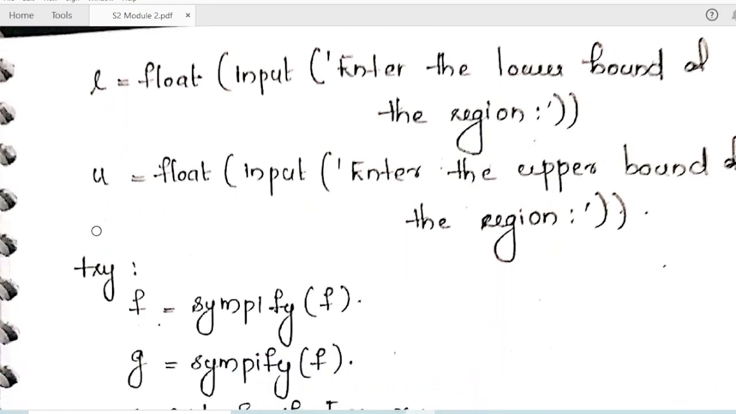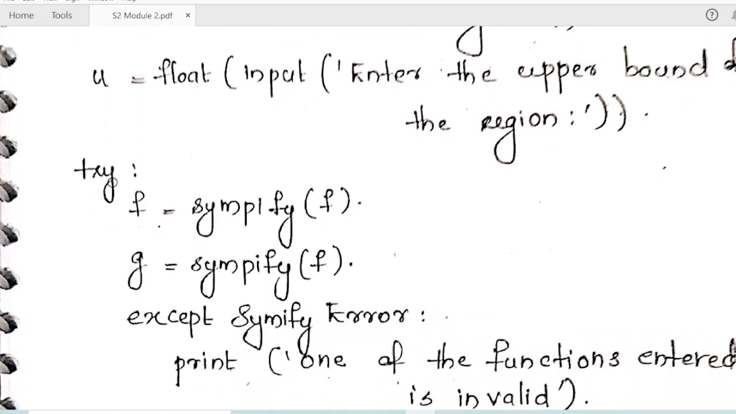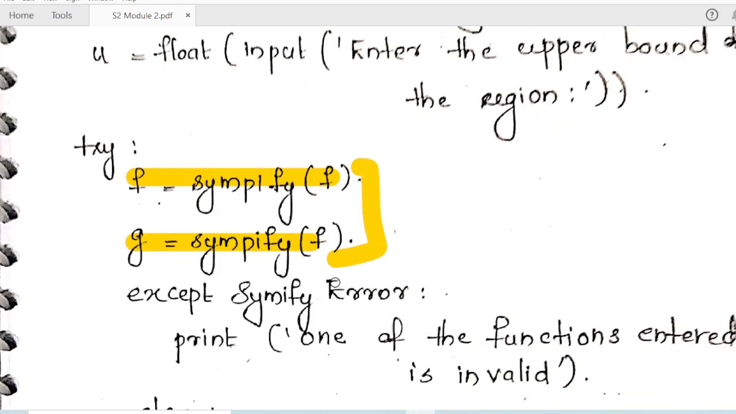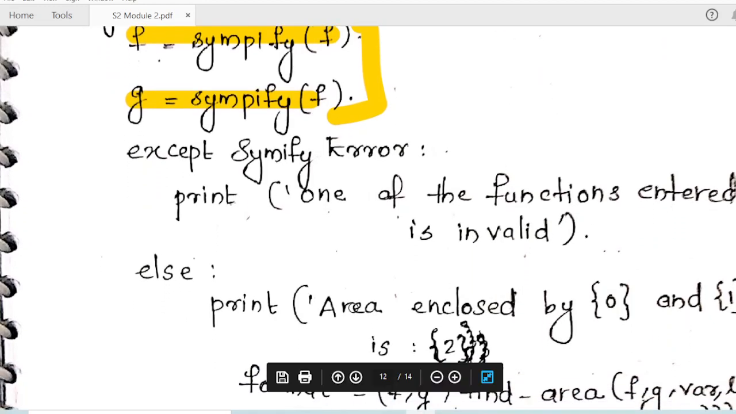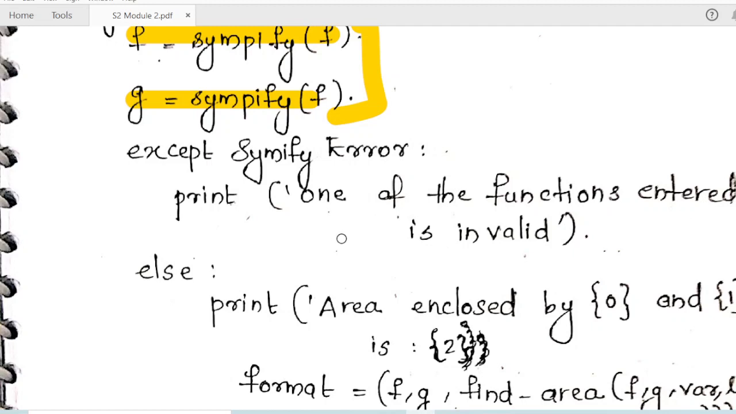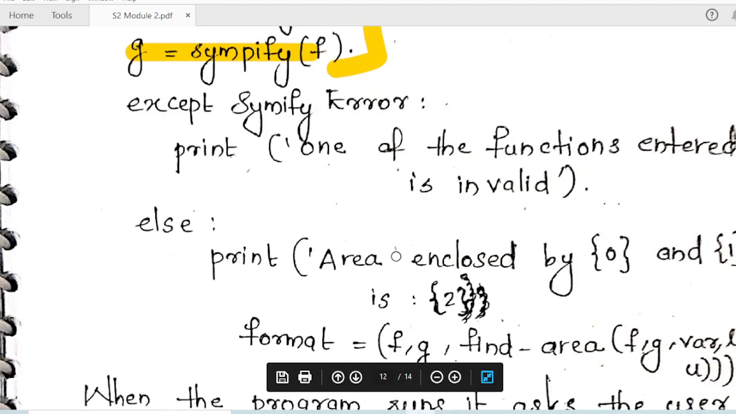Now we are going to use the try except block. Try colon f equal to simplify f, g equal to simplify g. If these two statements are true, the else block will execute. If these two statements are false, the statement after except will be evaluated. Except simplify error colon print one of the functions entered is invalid. Else print, if the functions f and g we enter are valid mathematical expressions, then print area enclosed